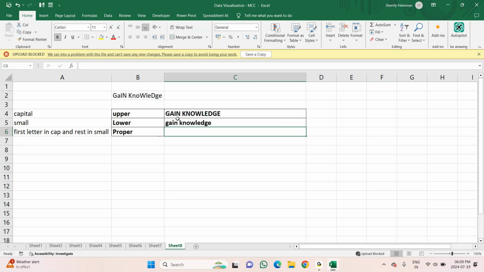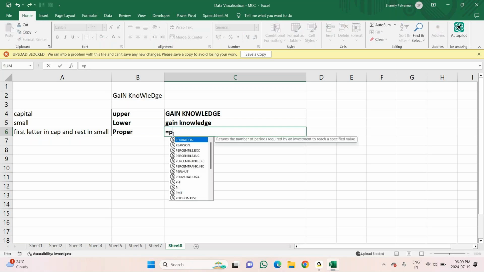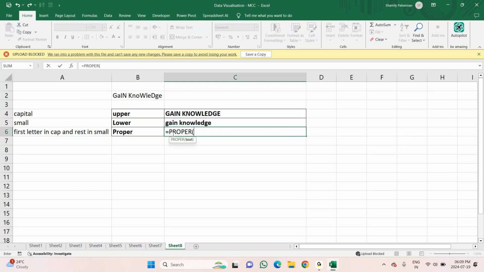But now G will be in capital, K will be in capital, and the rest of the letters will be in small. So what does proper convert? It converts the text into proper case: the first letter in each word to uppercase and the other letters to lowercase.